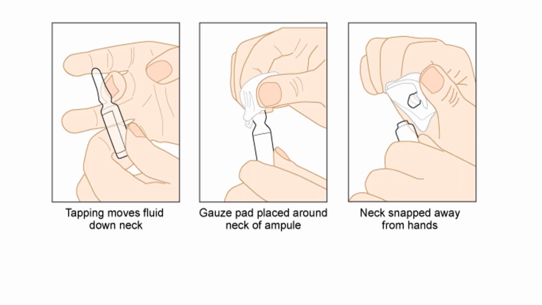This is a picture of how to break an ampule. As I told you, first tap the head or neck region of the ampule, where there will be some drug present, so that it falls towards the bottom. A gauze is placed above the head and it is snapped away from the neck region. The gauze is kept to prevent injury to the hand from the broken glass. These are usually glass bottles.